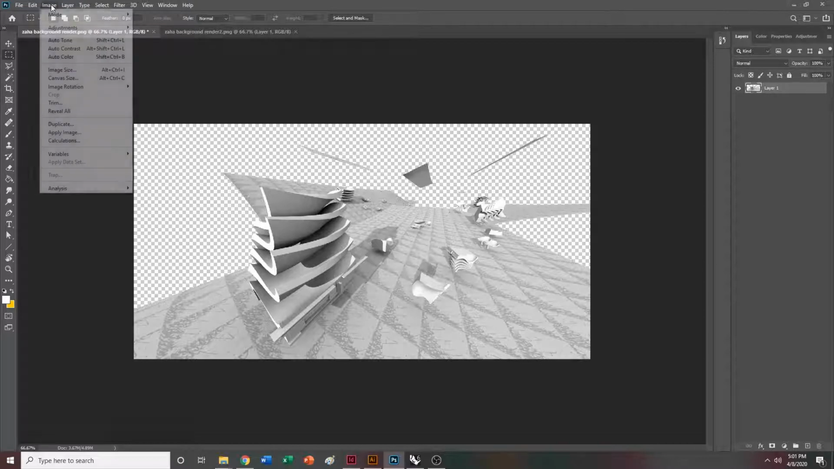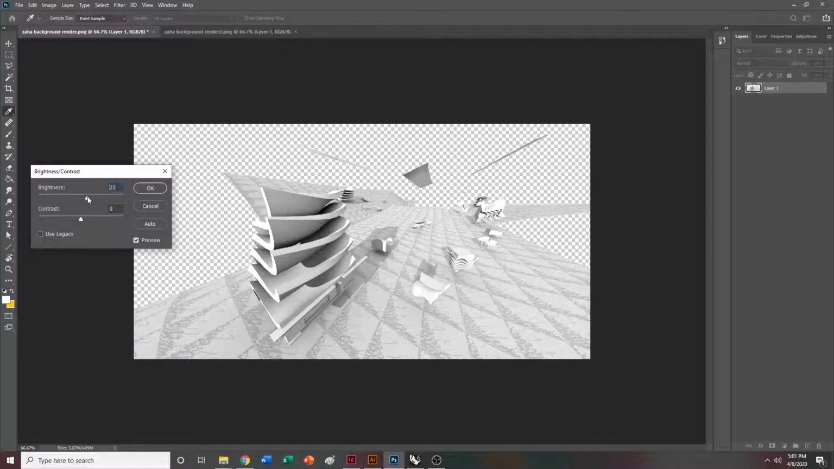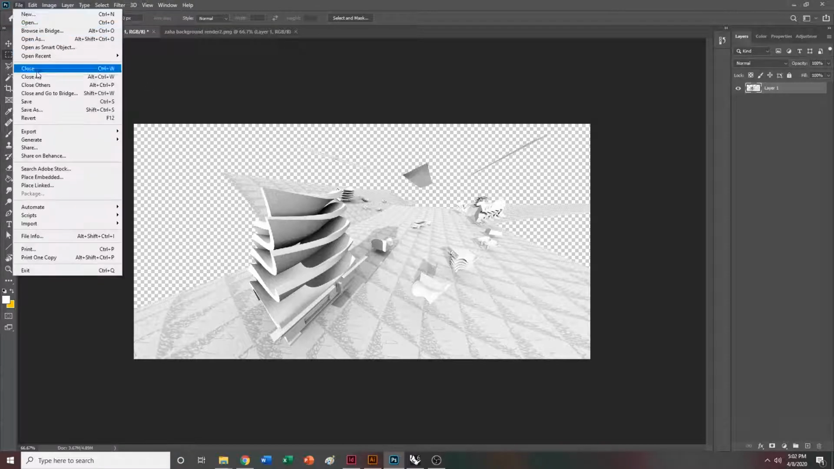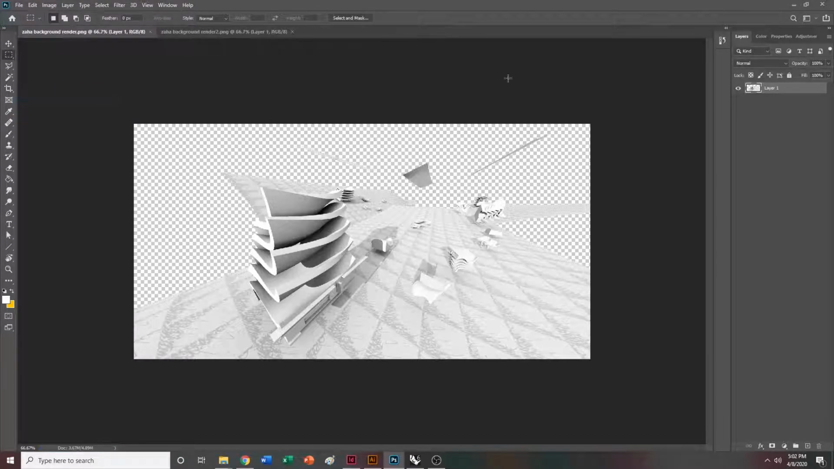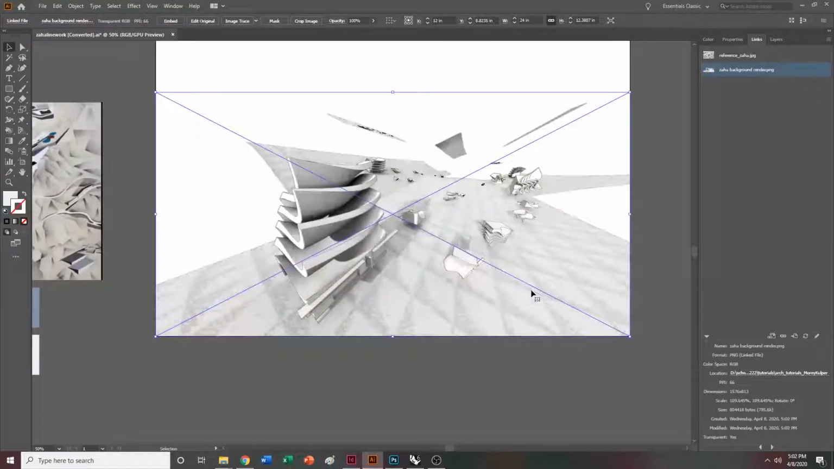and hit OK. I'm also going to go to Image, Adjustments, Brightness and Contrast. And I'm going to make it a bit lighter, and I'm going to make the shadows read a little bit better. And then I can just hit File, Save. And again, it's going to ask us to update, and we're going to say yes. And now we're pretty much working with just a black and white